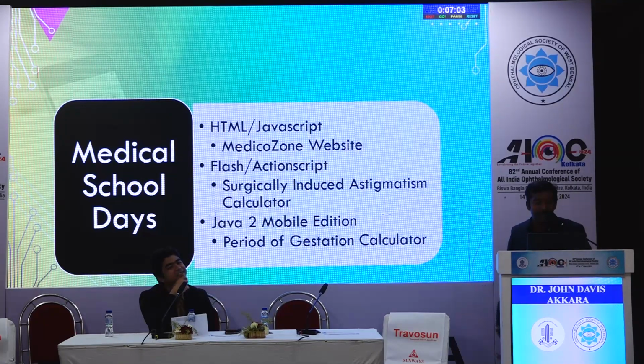Even in medical school, HTML, JavaScript, we made a website called Medico Zone for PG entrance preparations and all that. We had an actual forum over there in which we had people coming in and joining and preparing for the postgraduate exams. And I had also done some programs in Flash and ActionScript, which is supposed to be for animation,